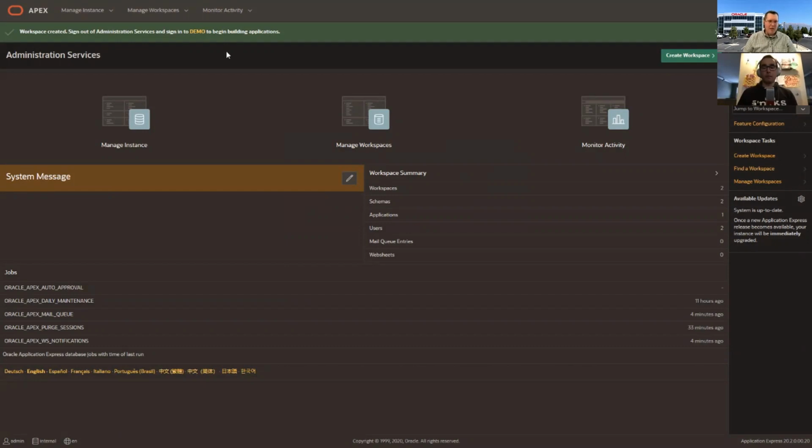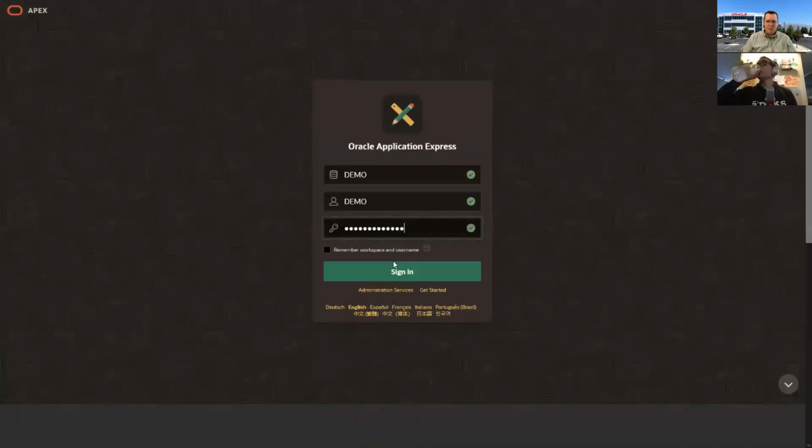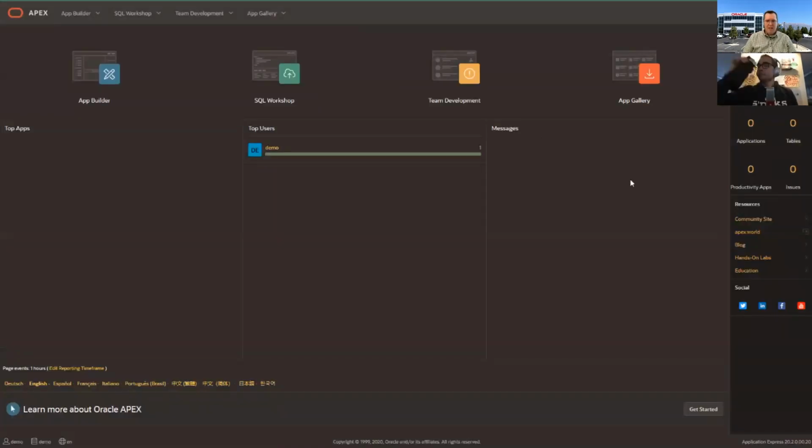And if you see the green bar at the top, we're acknowledging that you've created an initial workspace and an initial account. And if you click on that little link that says demo in yellow, that's another shortcut. This is going to take you directly to that workspace sign in. So now I've created a new workspace. I'm at my workspace. I'm going to sign into it using my demo account. And here I'm in the Apex